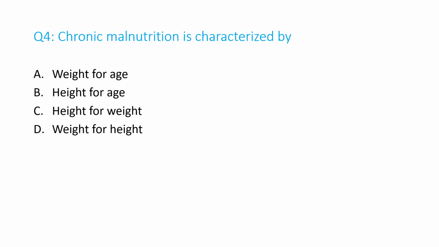Number 4. Chronic malnutrition is characterized by A. Weight for age, B. Height for age, C. Height for weight, D. Weight for height. And the answer is